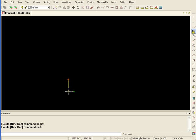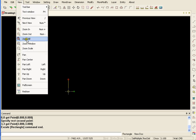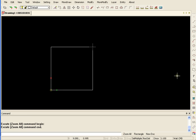First thing I'm going to do is select the rectangle and 0, 0 to start in the origin, and I'm going to make it 3 by 3 square actually. So we'll view, zoom all, and there's our square, and I guess I need a small bolt hole in it,